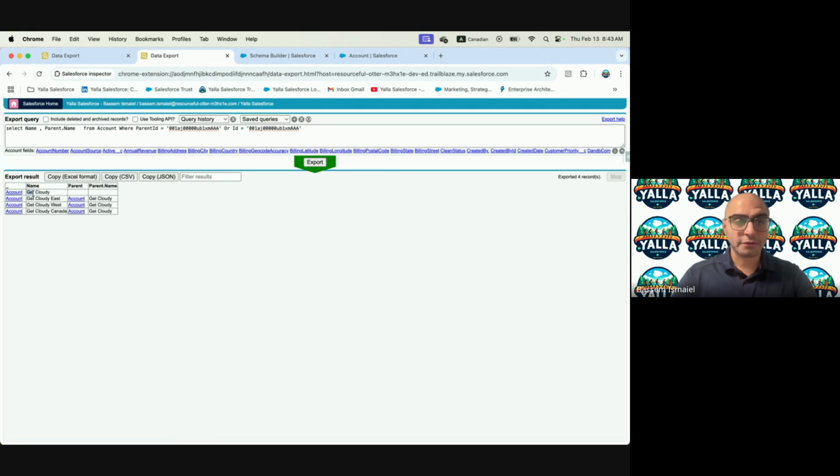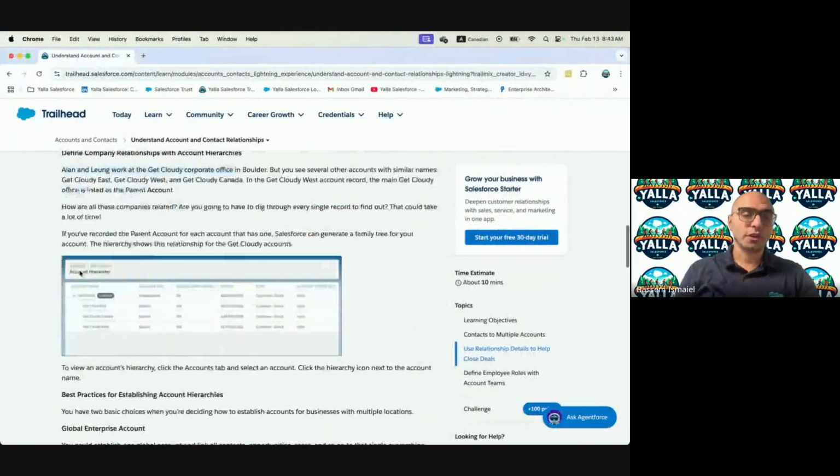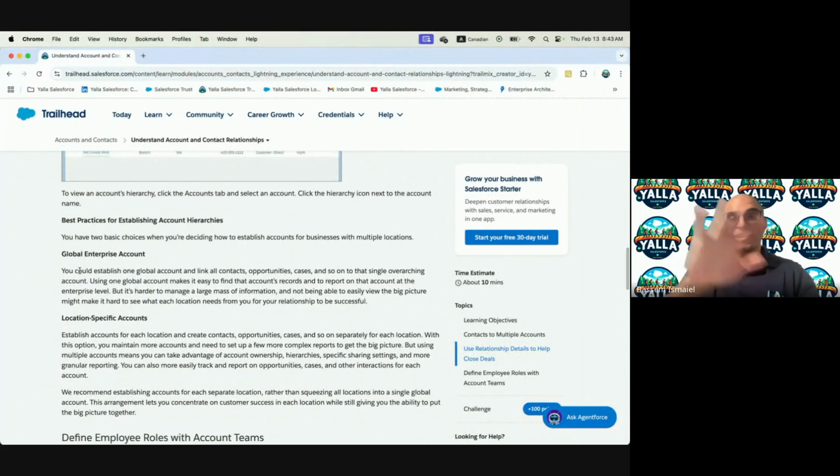Perfect. So I have Get Cloudy. It's on the top of the hierarchy. There's no parent. However, I have Get Cloudy East, West, and Canada, and all of them are reporting to Get Cloudy. It's rolling up. All right. So now we understand the hierarchies. We understood that we have